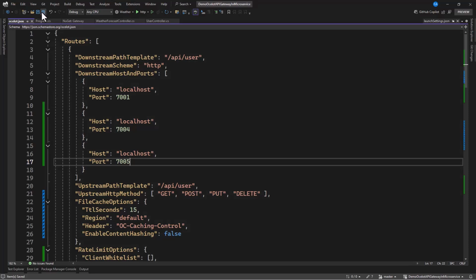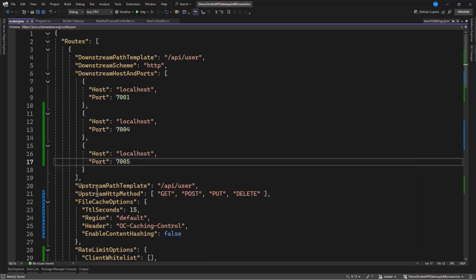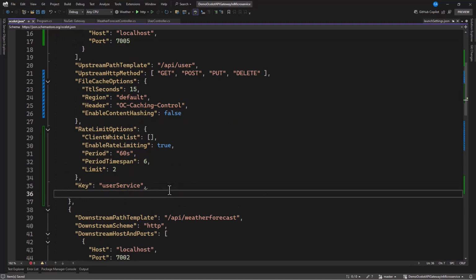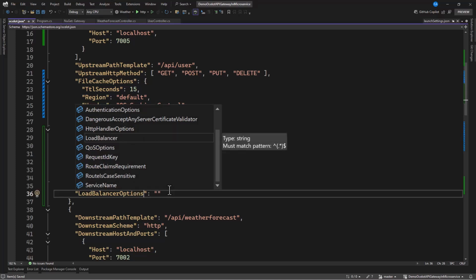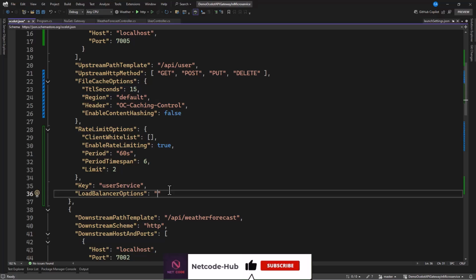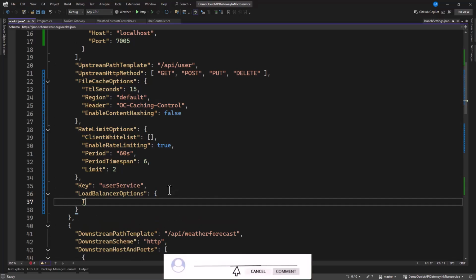Now, how do we run this? Since we've added this, we need to run it. But before we do that, we need to add the load balancer option, and this can be added down here. So let's say this is the load balancer option. Now let's set up the option. Here we need to specify a type.